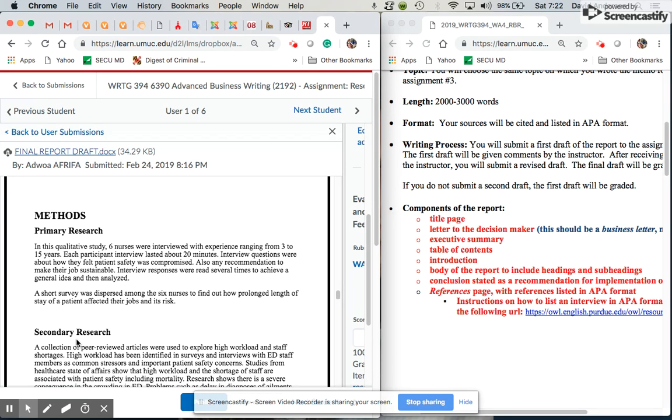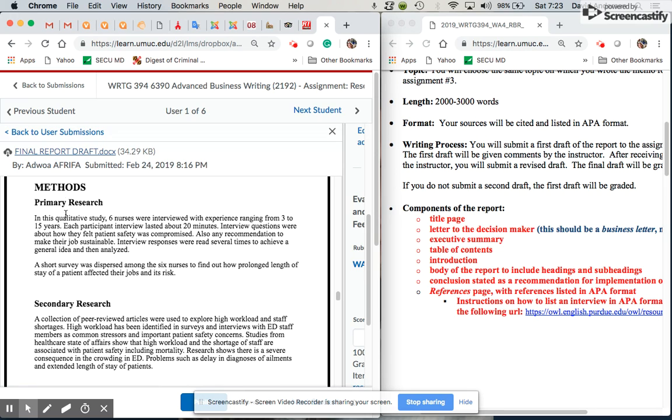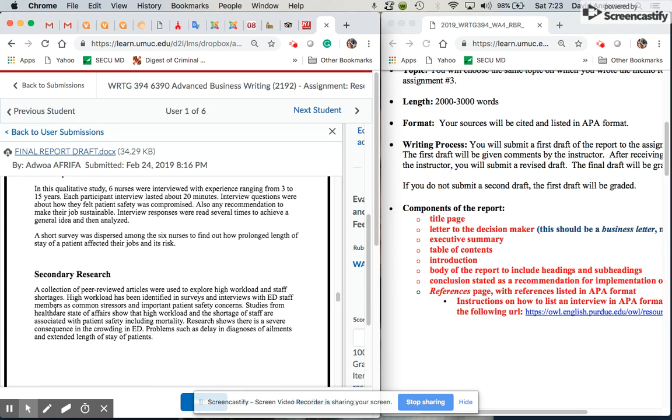The secondary research is when you went to the library or you utilized the UMUC online library and collected all of that data. Although primary means first and secondary means second, and I realize that seems like a logical flow, secondary is what you did first. First, I looked up and researched, what kind of problem are we talking about nationwide? And then I went and looked into my own area. How is this seen where I work? So if you flip these two in terms of your methods, you